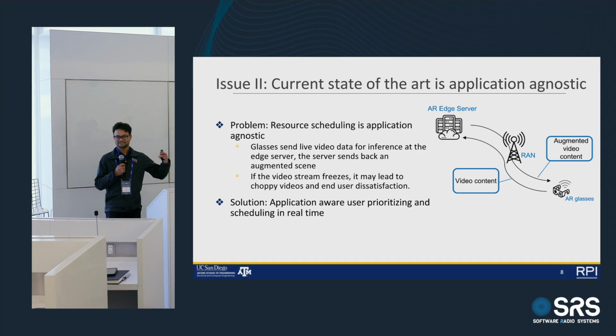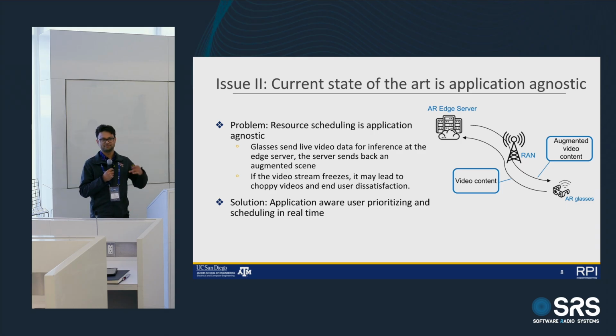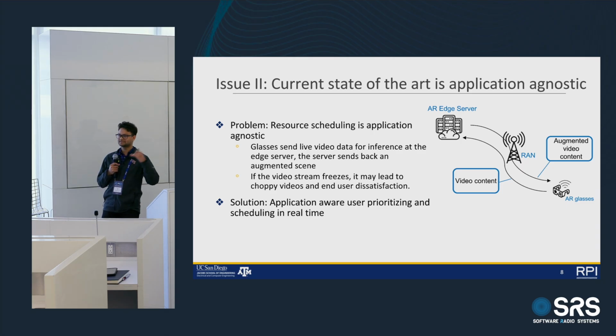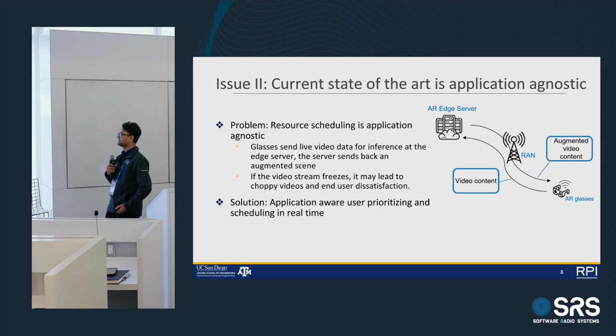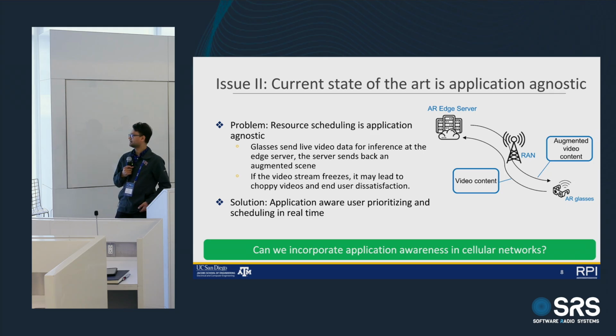If you realize the 7 layer network stack, we generally build each layer independent of each other. The application doesn't talk to the physical layer, and cross layer optimization is extremely hard to do in any networking context, right? But we envision RIC as an enabler for cross layer optimization, to do application aware networking, where control of the scheduling policy can be based on the application state of the video or XR VR application that you are talking about. So we want to build in and integrate this cross layer optimization with the platform that we are building, Edge RIC.